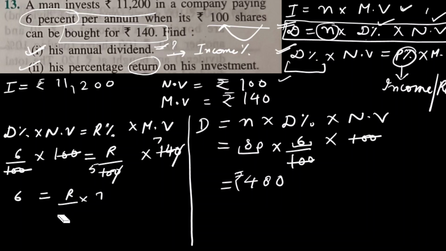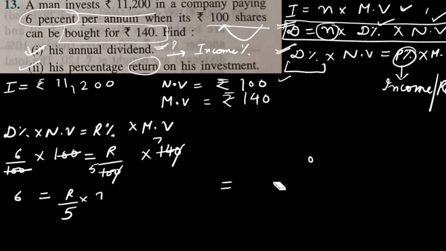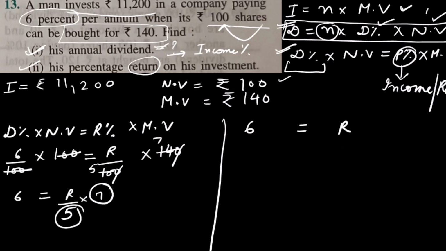Now I have to find r. So the same concept we will apply. See, whatever we are finding, that thing we will write on the same side. Other things we will shift to different sides. So here r we have to find. So r and 6, because 6 is already on the other side. So 6 I will write here as it is equals to r also, because these two things I am not shifting anywhere. Okay. So r into 7 I have to shift, and this 5 also I have to shift.